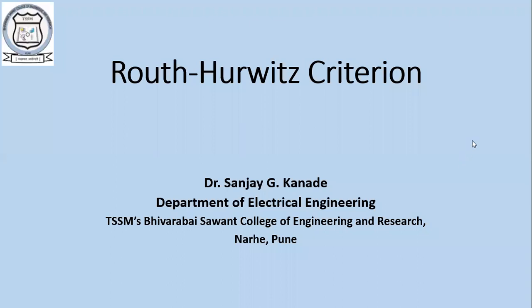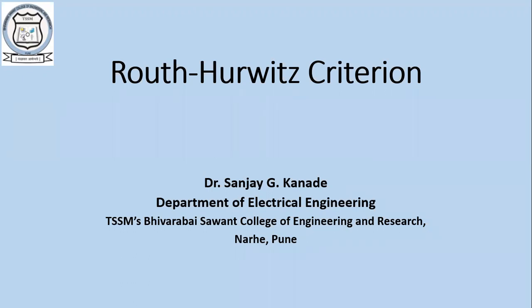Okay, so good afternoon. Let's continue with our discussion in the third unit, which is about the stability of control systems. In our last lecture, we talked about what stability is. The basic definition is about absolute stability, and it says that when a system is subjected to a bounded input, its output has to be bounded, and if the input tends to zero, output should also tend to zero.